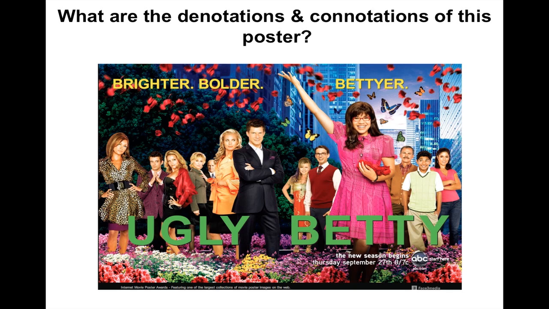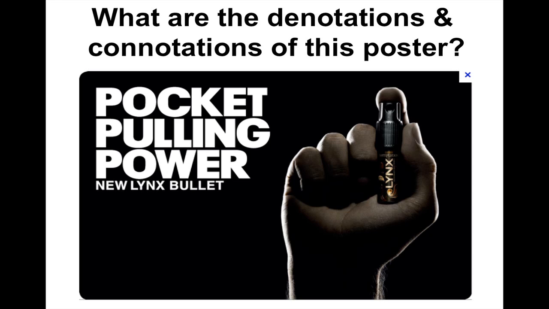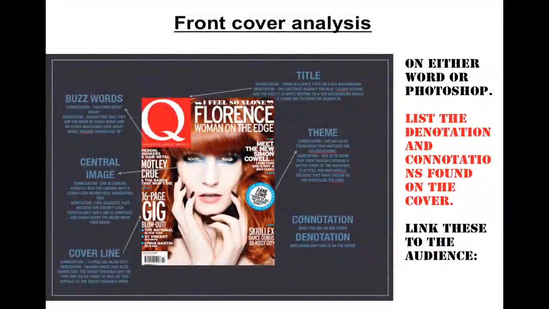But I'm not going to talk to you any more about this in this tutorial, because you're going to be doing a project on this a little bit later. It's the same with here. This has various denotations and connotations as well, which we'll discuss in class. So what you're going to do is a front cover analysis for one of your magazines. On either Word or Photoshop, you're going to list and annotate the denotations and connotations found on the cover